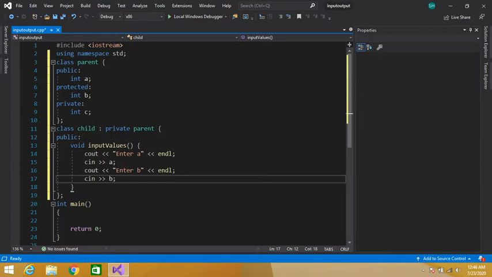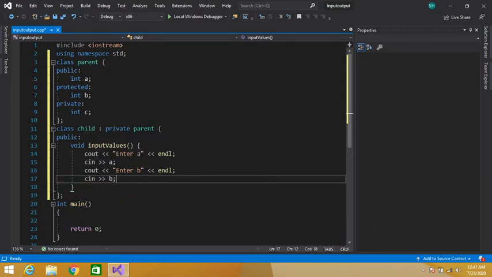Protected data members are only accessible within the derived class. So this is our derived class, child class, and this is our parent class. So we can access this protected data member here because protected data members are accessible in derived classes.